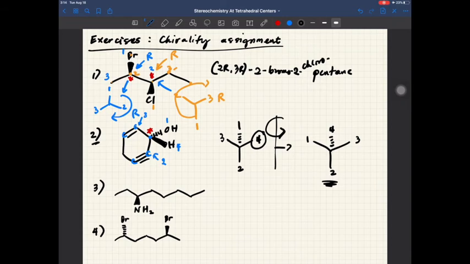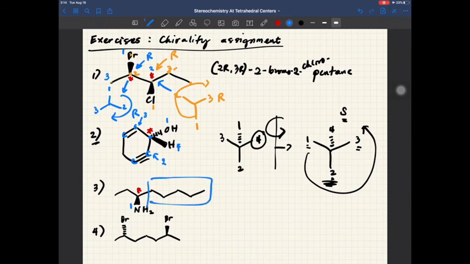So in this context, we have 1, 2, and 3 situated or oriented in a counterclockwise manner. So basically, this chiral center is designated as S. In example number 3, our chiral center is this carbon number 3, and our first priority is obviously nitrogen, followed by this substituent, and finally this substituent. So this one is situated in this manner, 1, 2, and 3. So this one is also